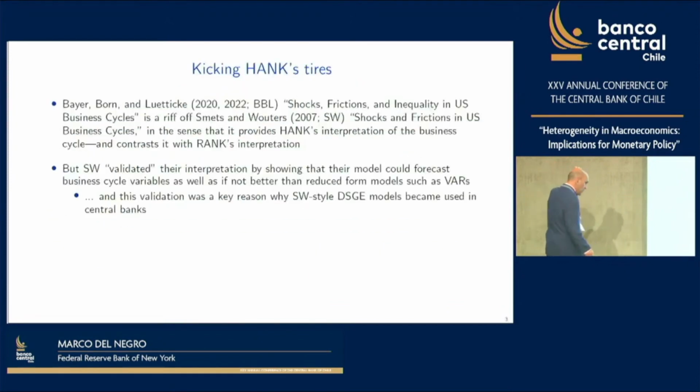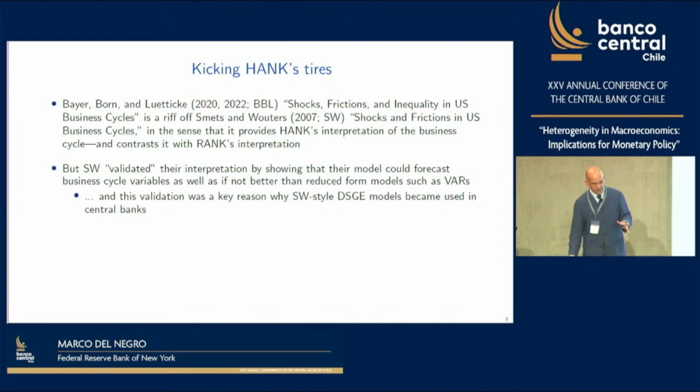In the paper that we sent Marcus, we've had a HANK model at the New York Fed for a couple of years now, but that model was a one-asset HANK model. Given what we wanted to do in this paper, it really made sense to take a frontier model. So we took a two-asset model, which I will describe in a second, by Bayer, Born, and Luetticke. Now, why did we take that model? Precisely because of the title of the Bayer, Born, and Luetticke paper, from now on I'll call it the BBL paper,